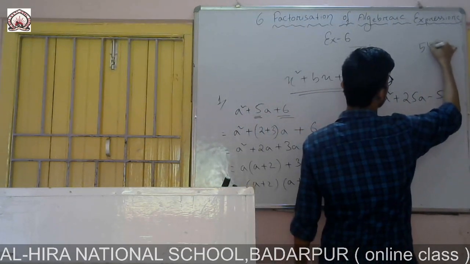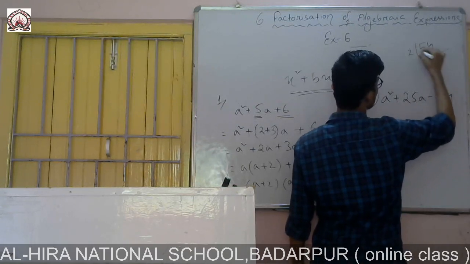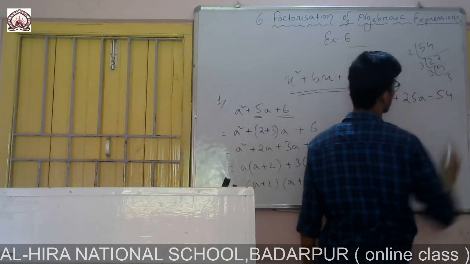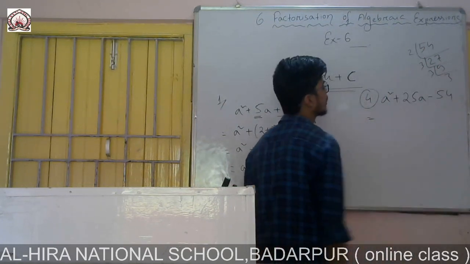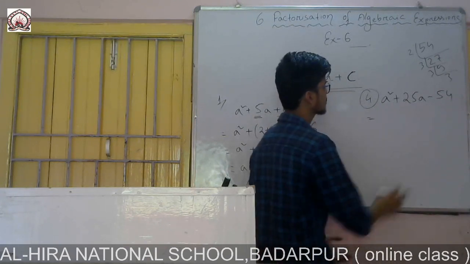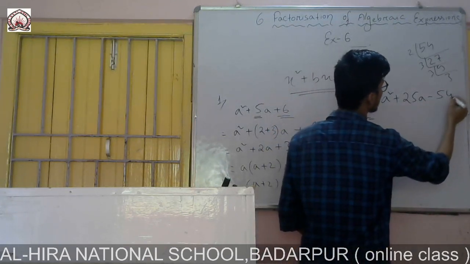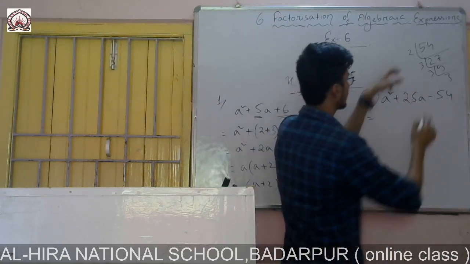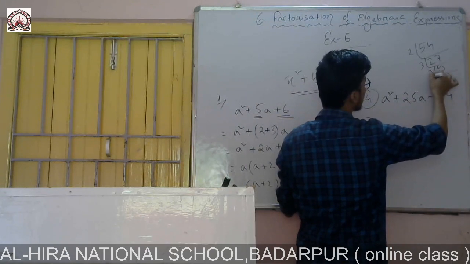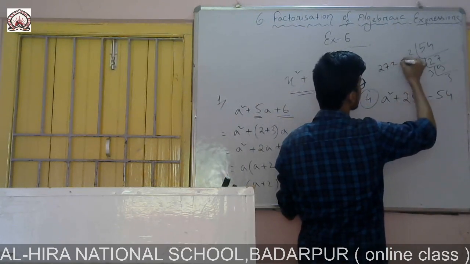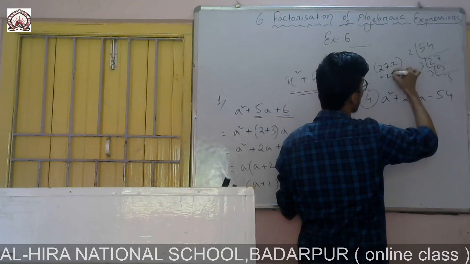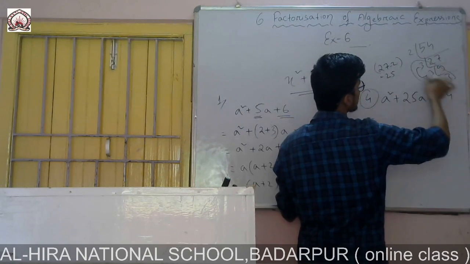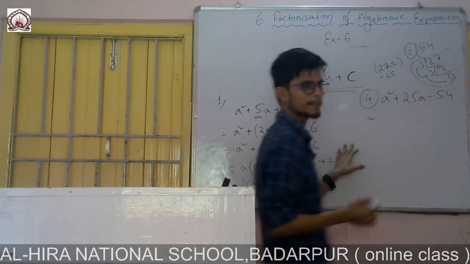So simply you do the factors of 54: 2 27s are 54, 3 18s are 54, 6 9s are 54. I have to express these numbers by addition or subtraction so that the answer becomes this one. Since the product is minus 54, that means one of the two terms is negative. So I will arrange first of all, you see, 3 9s are 27, and 27 minus 2 is equal to 25.